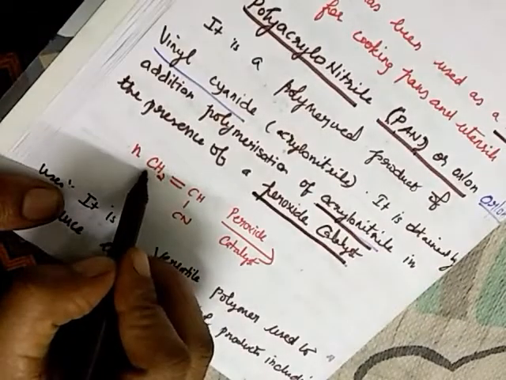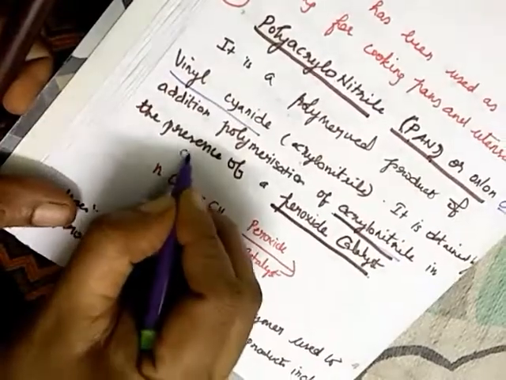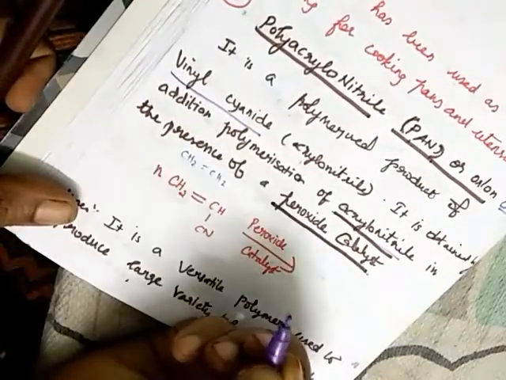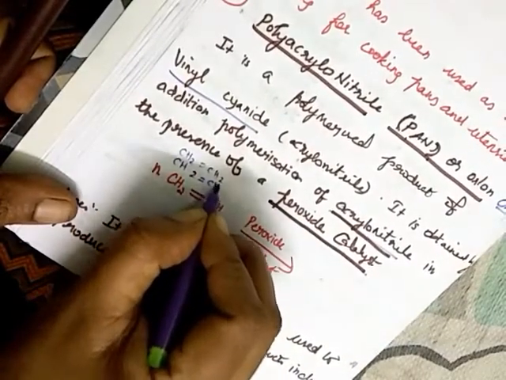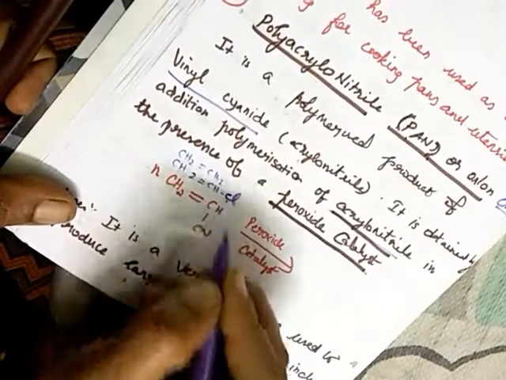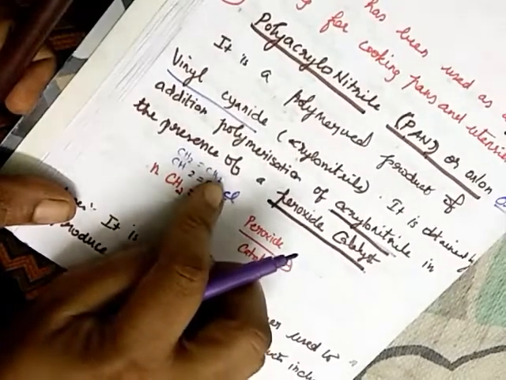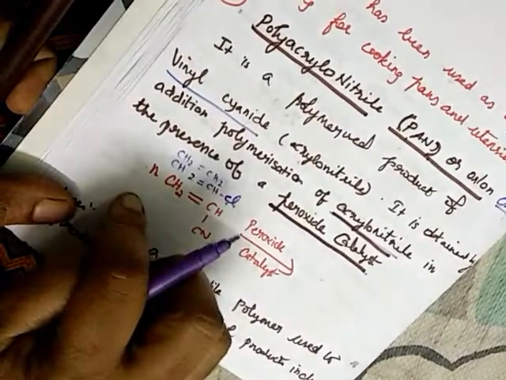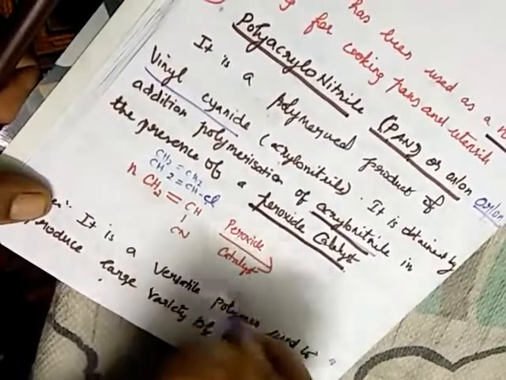So let's now look at it, children. CH2 double bond CH2, we know very well what this is. This is ethylene, isn't it? What is vinyl chloride? CH2 double bond CH, one hydrogen is replaced by chlorine, that is called vinyl chloride. If one hydrogen of ethene is replaced by a cyanide group, that is called vinyl cyanide or acrylonitrile. Got it? Acrylonitrile.